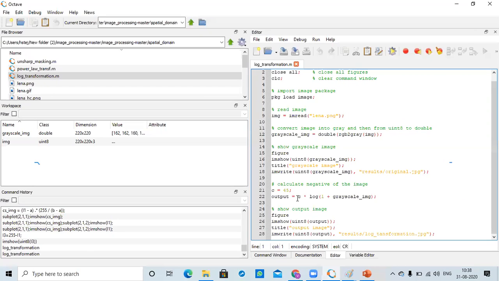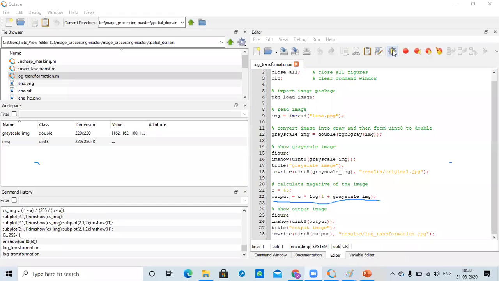Then what we are doing is we are going to find the logarithmic values. That means each pixel value, we are multiplying with log, c is equal to 45, and log of 1 plus the grayscale image. Now let me explain this clearly. See here, the each pixel value, first let me show that, then we will go with one by one.